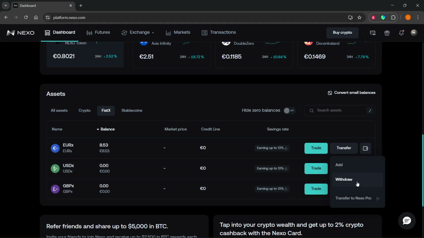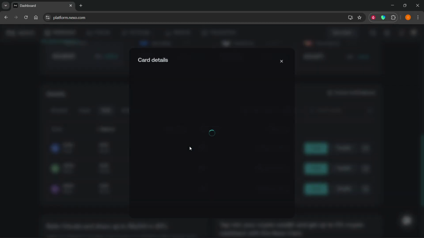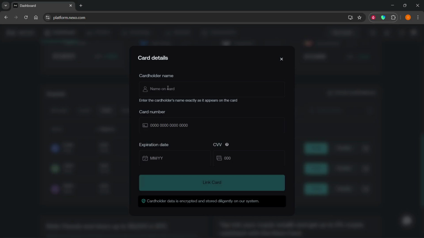However, if you actually select your card, so if I do withdraw the card, here you'll basically have to put in your card details and the amount you want to withdraw again. So this starts loading for a few seconds over here, and whenever that's done loading, there we go, we have to put in your card name, your number, your expiration date, and then the CVV or CVC. Click on link card, you'll be able to select how much. If you are above the threshold, because there's a minimum withdrawal limit, you'll be able to then withdraw onto your card. So that's basically how to withdraw money from Nexo